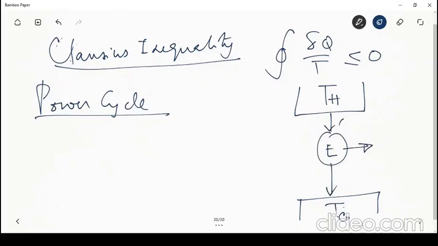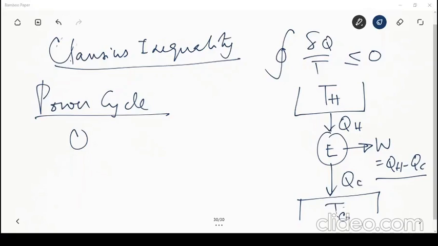It takes in QH from the high temperature reservoir, gives QC to the low temperature reservoir, and produces work equal to QH minus QC. This is the first law for the cycle, which is that the net work is equal to the heat in minus heat out. Now if I apply the Clausius inequality to a power cycle, we would get